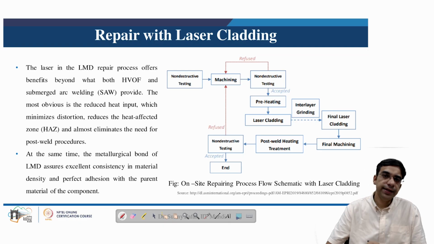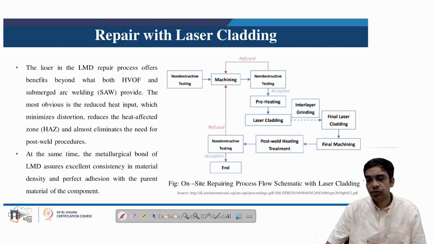After preheating, laser cladding, which is a variant of liquid laser metal deposition, is carried out. In this process again we have a coaxial nozzle through which the laser and the powder are fed along with the shielding gas. Powder material comes in contact with the laser, melts and then solidifies in the region to heal the defect, for example a crack, after which we may need several passes of the laser